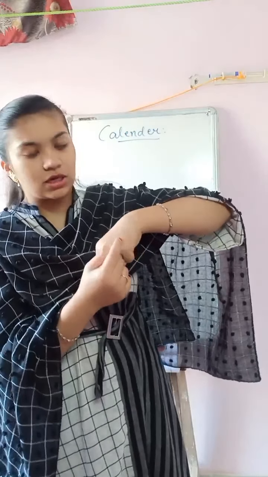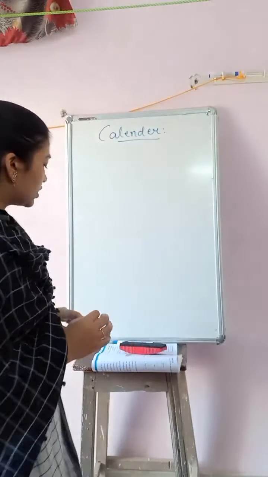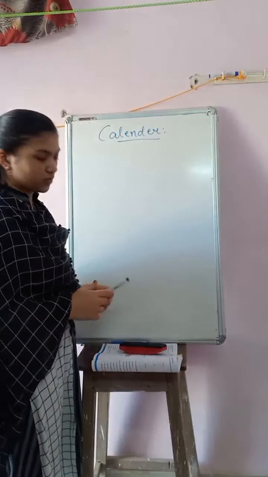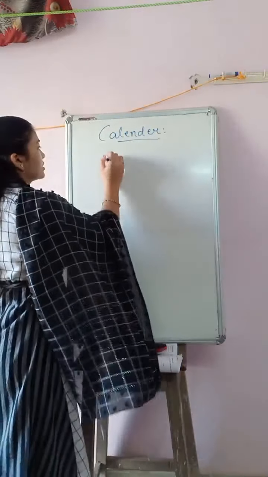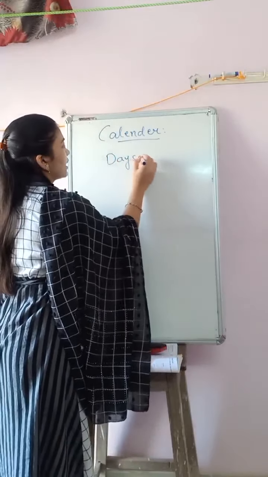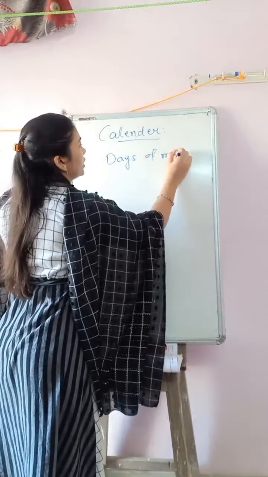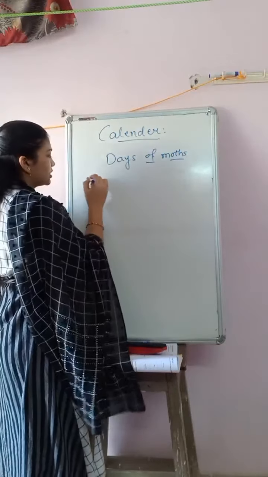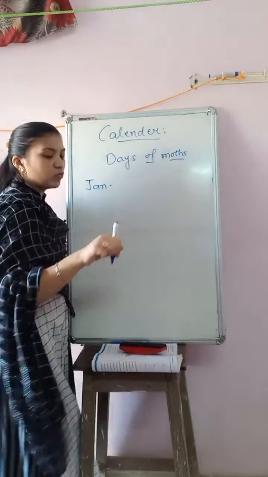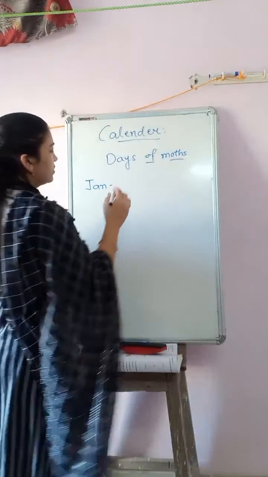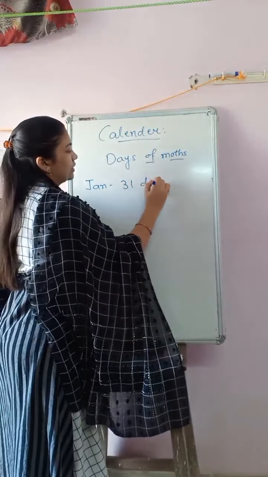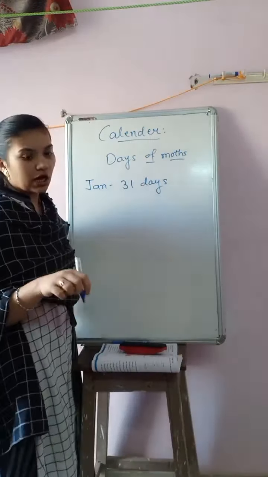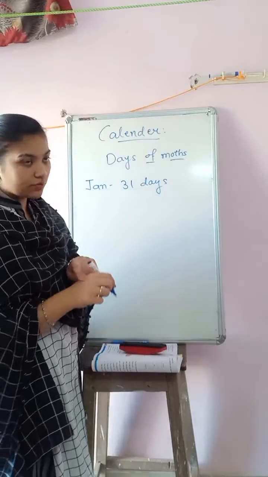February will come into the gap. March, April, but what are the days of those? उनके days आप किस तरह से fix करोगे? Days of the month we fix using this. जैसे जनवरी के लिए आपने hard bone देखा, means 31 days. अगर hard bone आता है, that is 31 days.